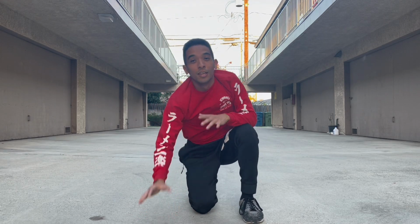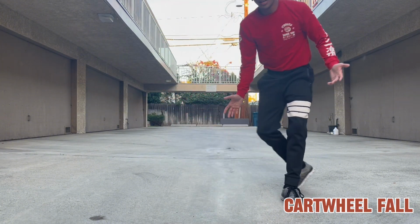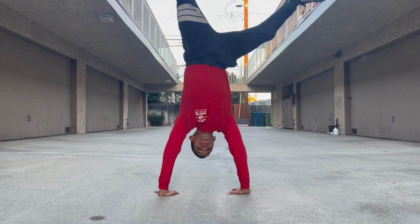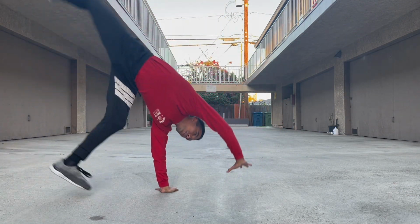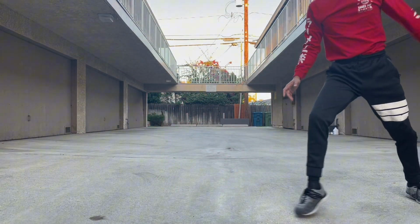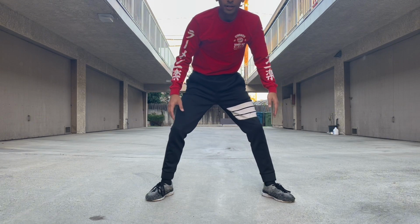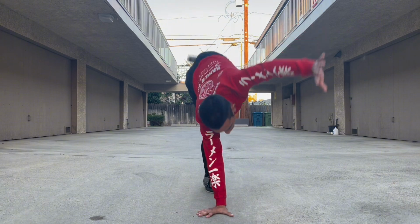So as you see, the forward roll is very important. The next one's going to be a cartwheel variation. So if you didn't know, a handstand is just a cartwheel stopped. 1, 2, stop. Oh my gosh. And then you can pull it over, right? 1, 2, over, over. So a cartwheel, if it's done incorrectly or correctly, doesn't really matter, can be made into a handstand. So if you go straight, 1, 2,